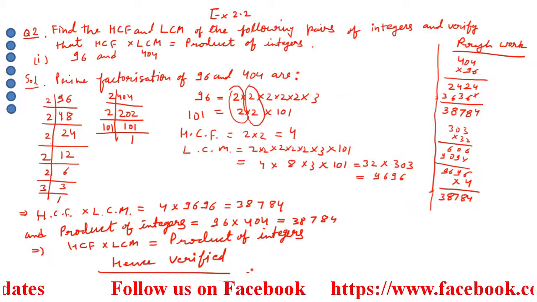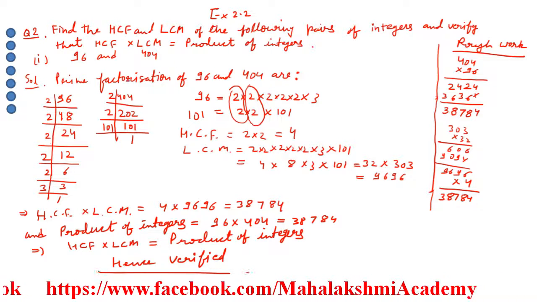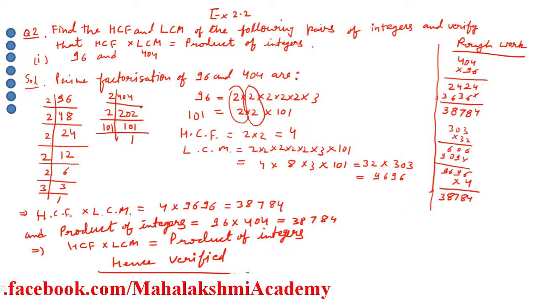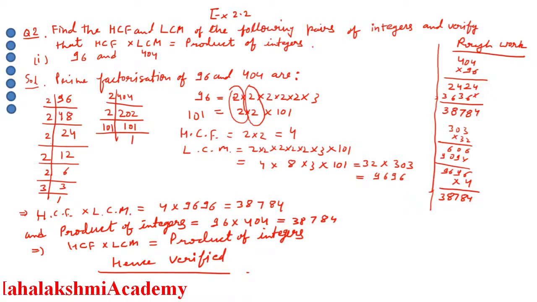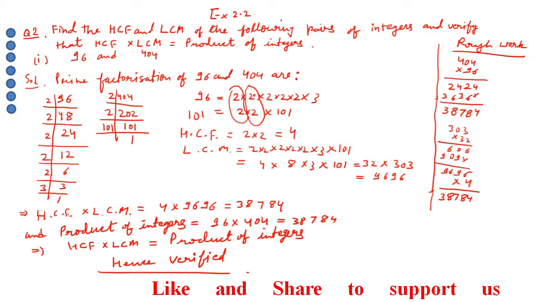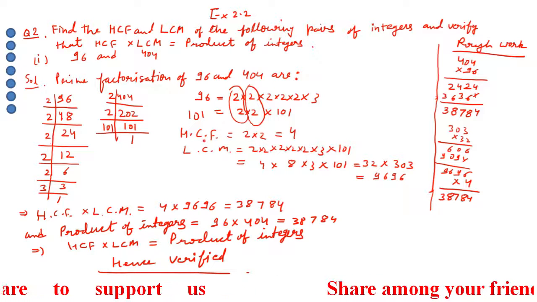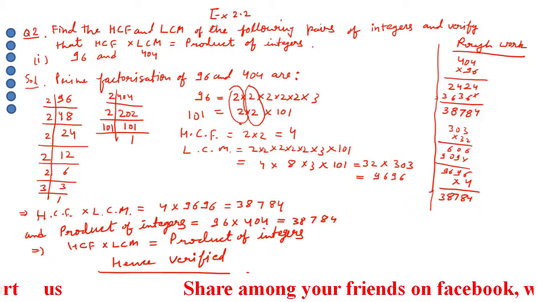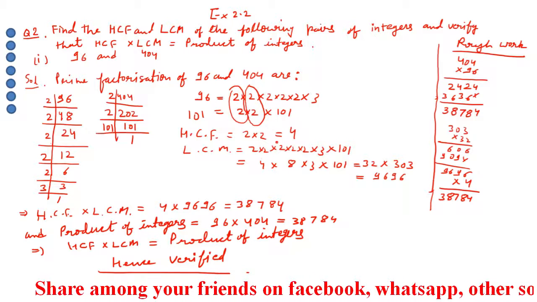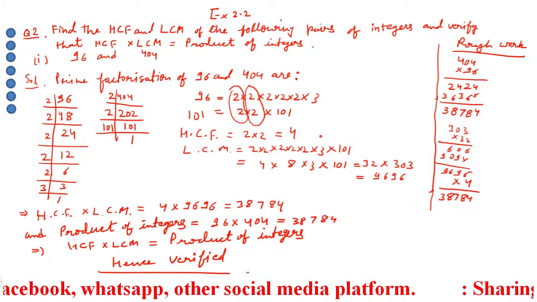That's it. So now briefly we will understand again what we have done here. First I did prime factorization of both the numbers. After that, I arranged from lower to bigger number. Then whatever is common, I just see here 2 and 2 is the same, so make an ellipse here. Again 2 and 2 is the same, so make an oval shape here. Now for both the ovals, only one number will come out. That is your highest common factor. Now in LCM, from both the ovals one number will come out, and all the remaining you have to attach at the back. Multiply them, that will give you HCF and LCM.